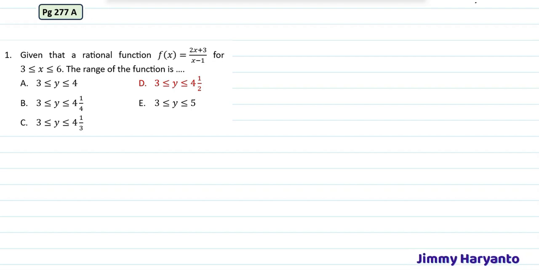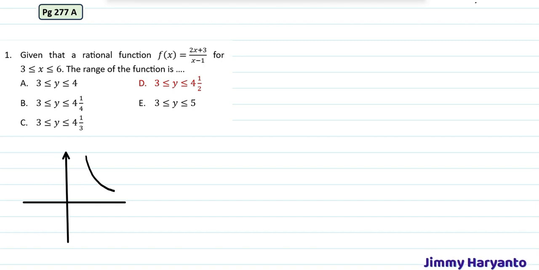First is rational functions. Given that f(x) equals (2x + 3) over (x - 1), for the domain 3 until 6, find the range of the function. Okay, so first, because we are talking about range, that means we have to imagine the shapes of the graph a little bit. The shapes of the graph will be like this,